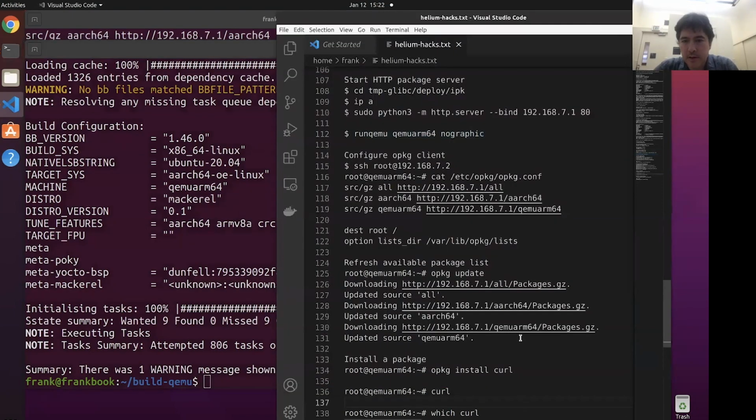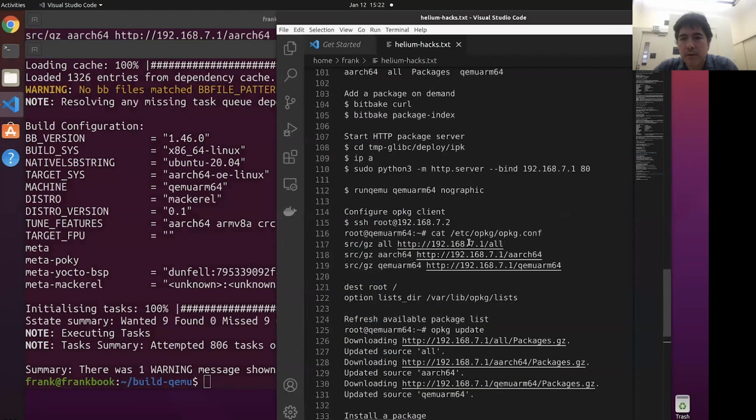So instead of looking around for it, I'm just going to, I should have written it down. Okay, so this is right here. This is where the magic happens. So this directory,